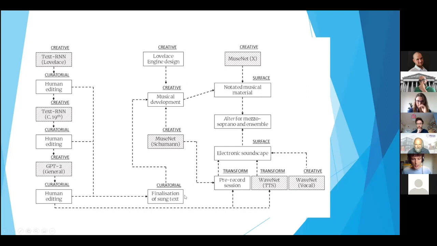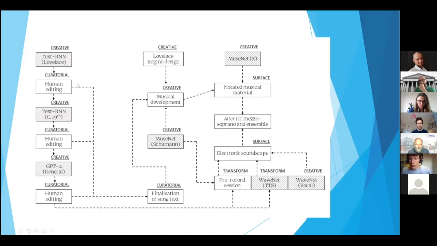Another element that went into the score was, of course, the singer and the text that she sang. So I'll just go through this process here, which is quite iterative and a really interesting way of approaching generating text, actually. Together with Dave, we created two text-based recurrent neural networks with different data sets. For the first data set, we took all of Lovelace's letters and used that as the training material, and only that.